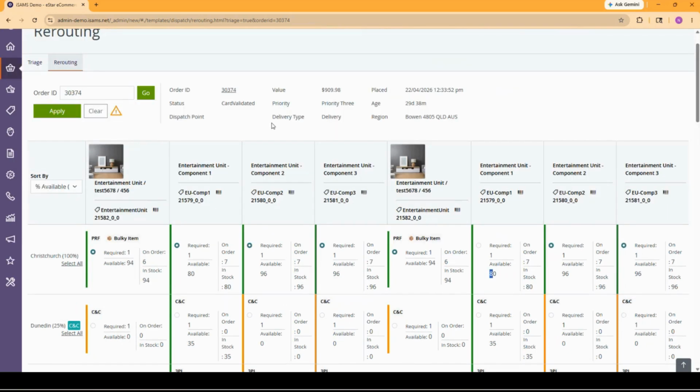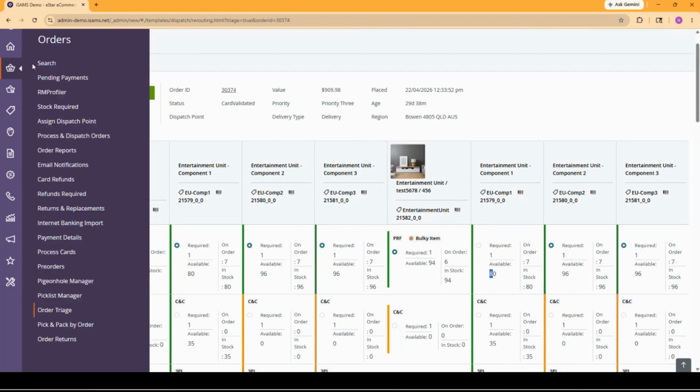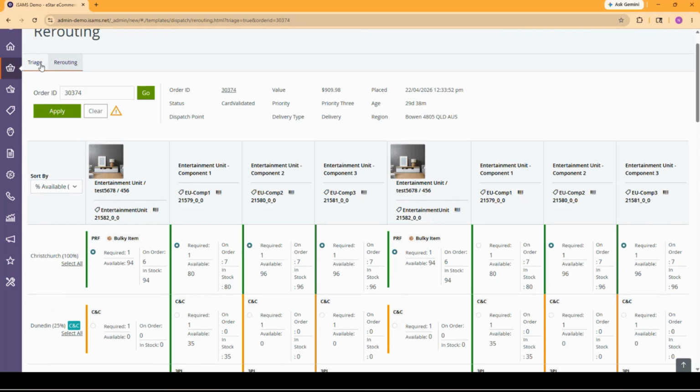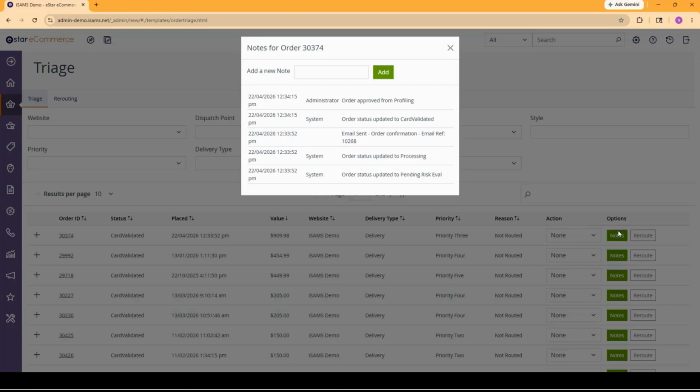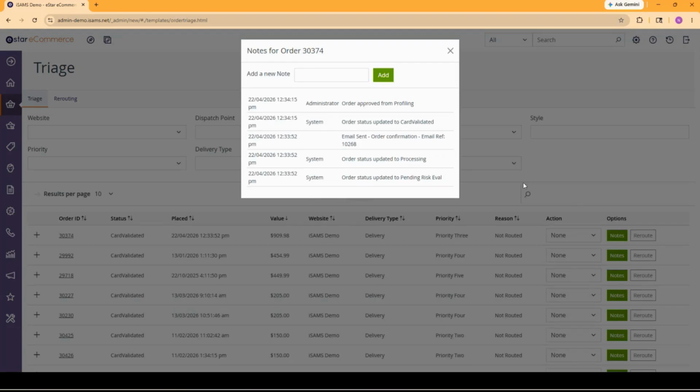So it's quite a powerful tool in terms of making sure your orders get fulfilled, and you can do it right from there. Going back to the triage page, before I move on, I want to mention that for reroutes and orders that are not routed, you can also look at the notes. Sometimes things are not routed